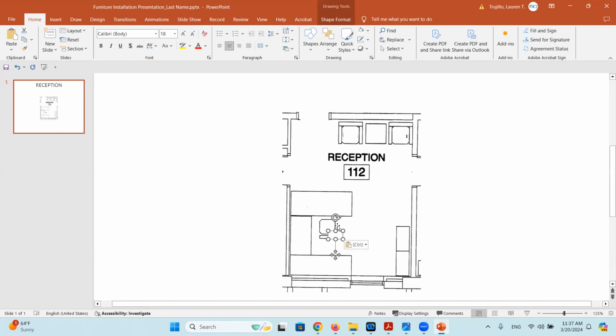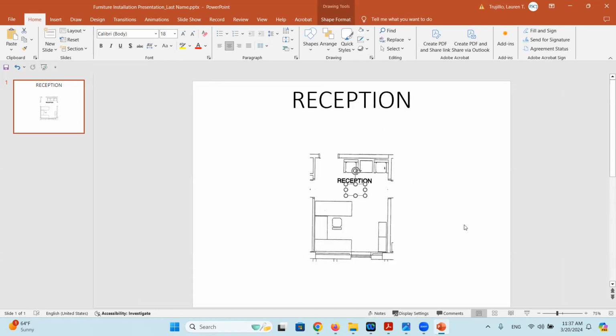And you can cover the room number, or you don't have to, but I'm going to. Okay, so now you can see we have a floor plan of the room here. You can, once again, stretch this out and cover that up so that it's not redundant. Again, we're trying to just have the most important information on here.